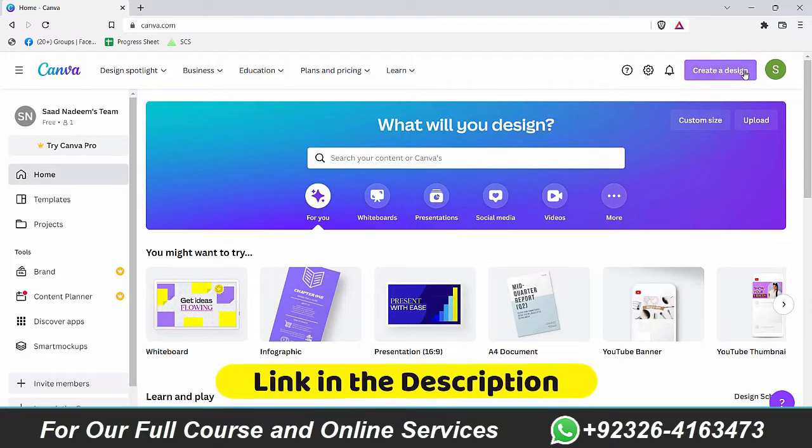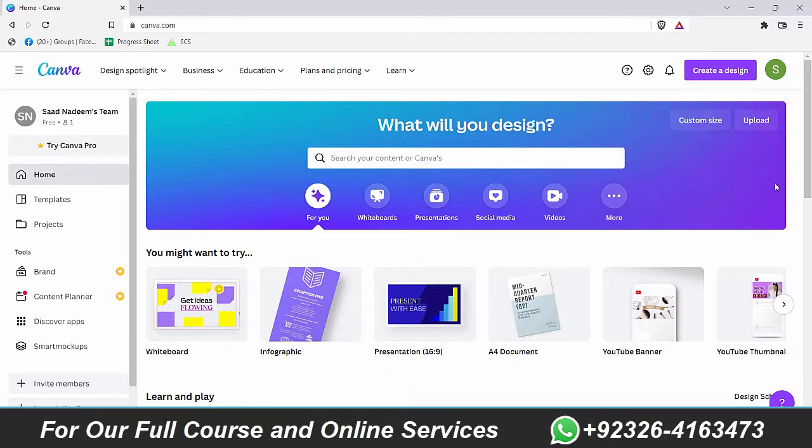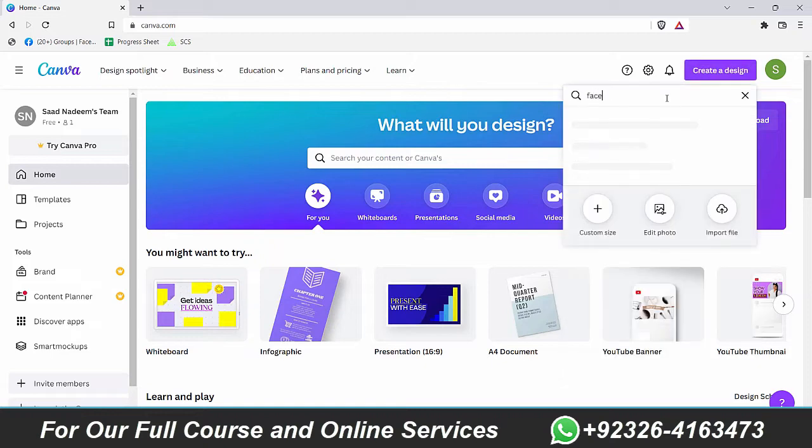So without wasting any time, let's get started. Now in this lesson, we are going to create a Facebook cover, and as a starting point, you can use some templates of it and you can easily customize that. But even if you want to start from blank, you have enough knowledge now to create a design on your own from scratch. So I'll click on create a design and right here Facebook,